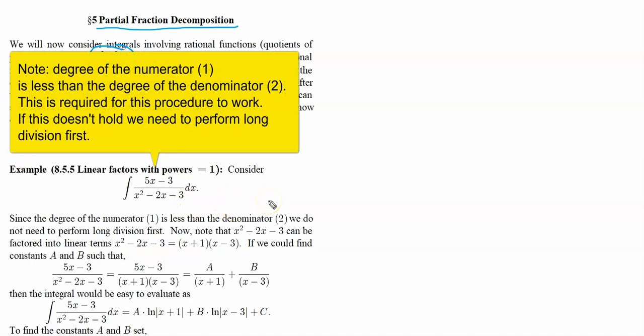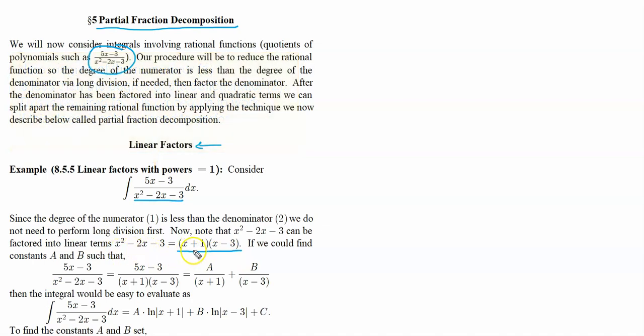Alright, so take notice that the denominator here, x squared minus 2x minus 3, can be written as the product of two linear factors. So it can be factored into the product of x plus 1 times x minus 3, right? You notice that? Okay. So if we want to evaluate the antiderivative of this function right here, which factoring the denominator is the same as this right here,